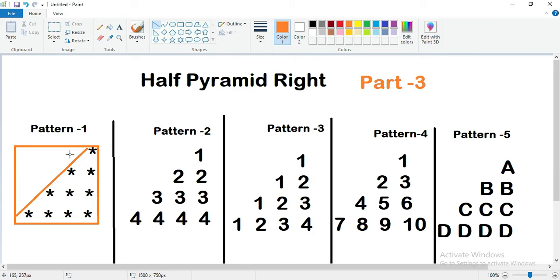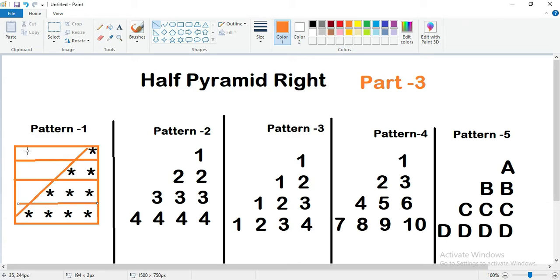So in this scenario we have to define 3 for loops. The outer for loop is for rows; it will print the first row, then the second row, then the third row, and the fourth row, and so on, depending on the user. In the first row we first have to maintain spaces, then print stars. The second row is also the same: print space, then print star. The third, fourth, and so on have the same structure.